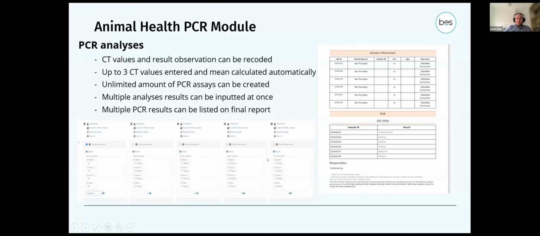And we've got 5 samples here that can be entered at once, and they can all be saved, submitted, and verified. And then we can show these same 5 specimens all on one report here. So you don't have to have an individual report for each sample. And you don't have to report all the results, but you can choose whichever ones you want. There may be the positive or the clinically significant results, and then have that on the final report for the consigner to look at.